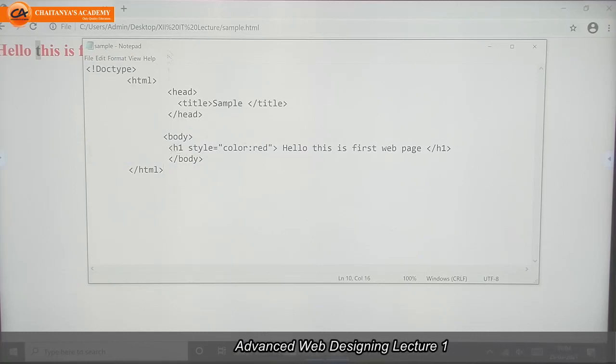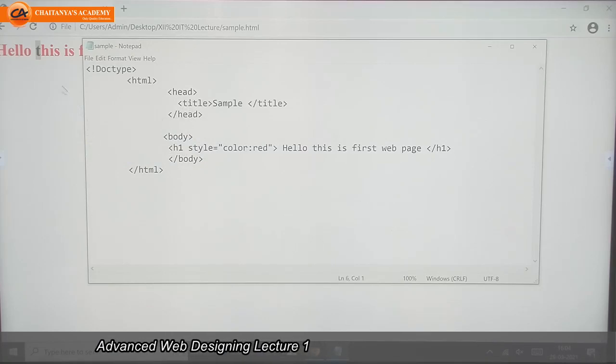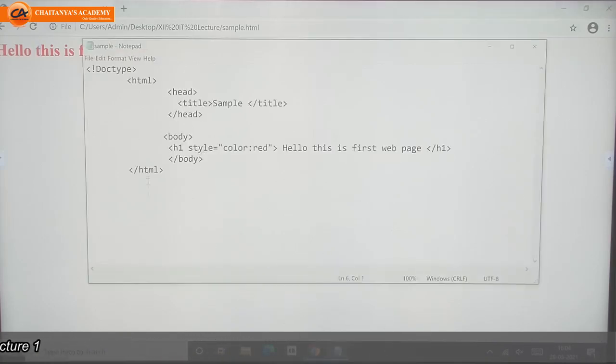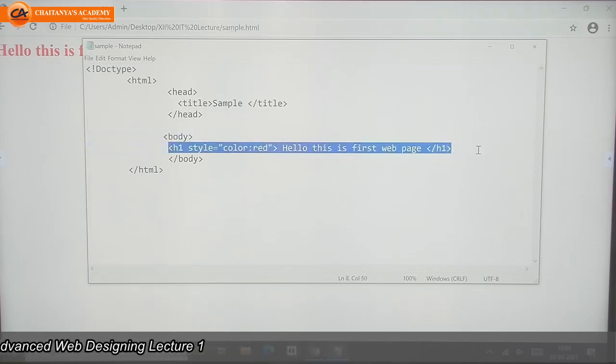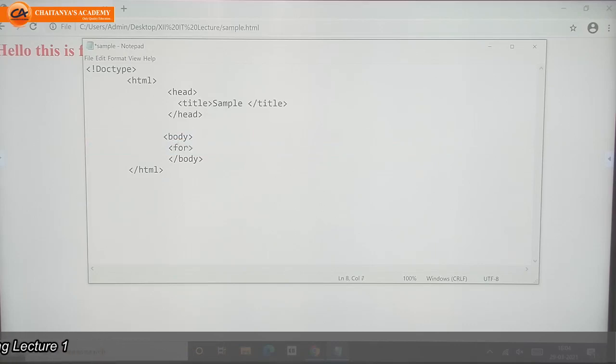That's it. Next, if I want to display a simple form on the web page, what do I have to do? I have to write form tag. This is starting tag.